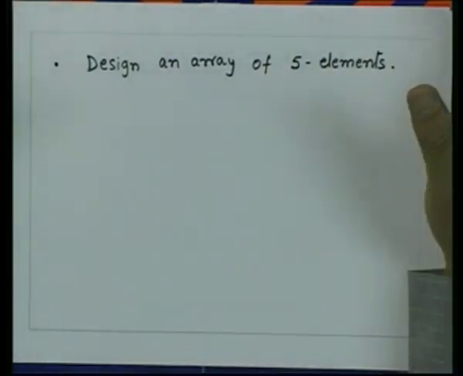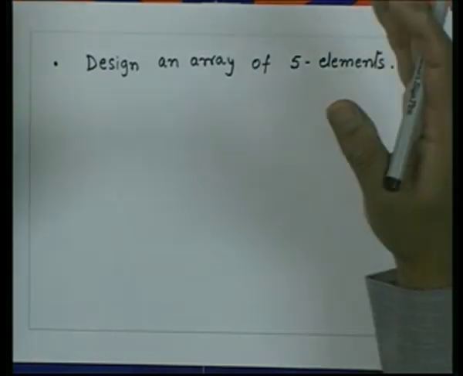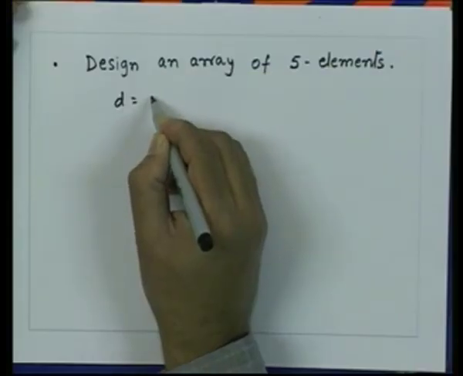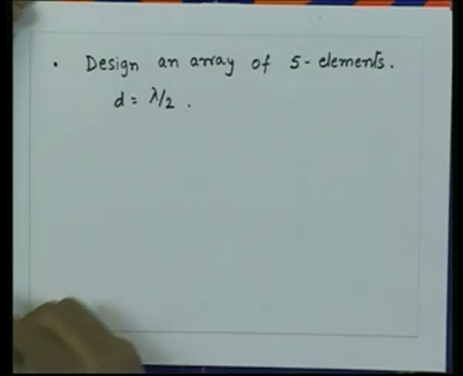Now as we have seen earlier, the spacing between the antenna elements should be equal to lambda by 2 if we do not want overlap of the range of psi. Also we have seen that if the spacing is taken less than lambda by 2, then the range of psi is less than 2 pi, and the full range of psi is not covered by the visible range. Therefore it is optimum to take the spacing between the antenna elements to be lambda by 2. So let us say we take in this case also the distance d equal to lambda by 2,